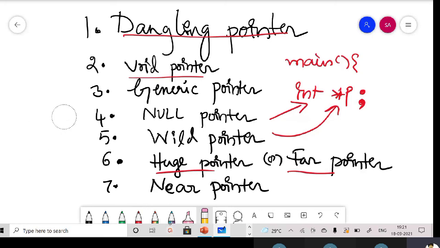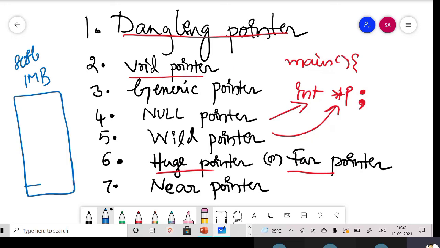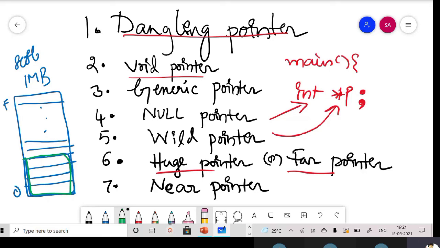In MPMC, we say that the 8086 has a memory of 1 MB size. This 1 MB memory is divided into 16 segments, 0 to 15 and F. Out of these 16 segments, 4 segments are always active. What are those 4?